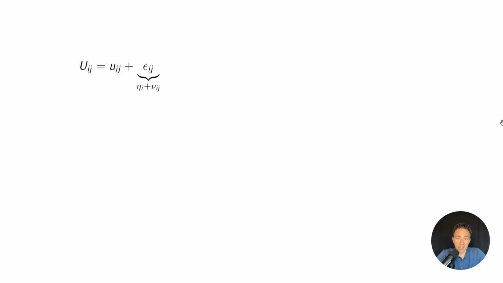Let's start with our familiar math from many videos ago. We have our total utility, capital U, is the combination of observable utility, little u, and unobservable utility, epsilon. And let's just pretend for a moment that this epsilon can be decomposed further into person-specific factors, eta i, and purely idiosyncratic factors, nu ij. Now let's write out the formula for the parameters for our observable component. So little u can be written as x beta plus z gamma. And for now, we're introducing bars over the parameters to emphasize that